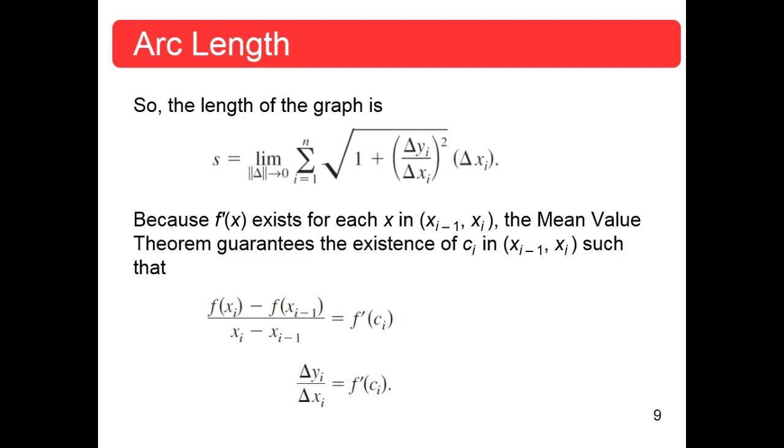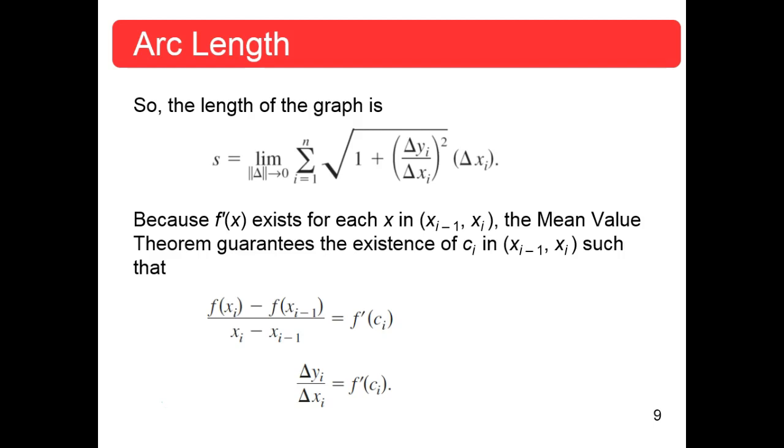So the s is the limit as the norm goes to 0 and n goes to infinity of that sum. This works because the f prime of x exists for every x in the interval from x sub I minus 1 to x sub I. The mean value theorem guarantees the existence of some c sub I on that interval such that the